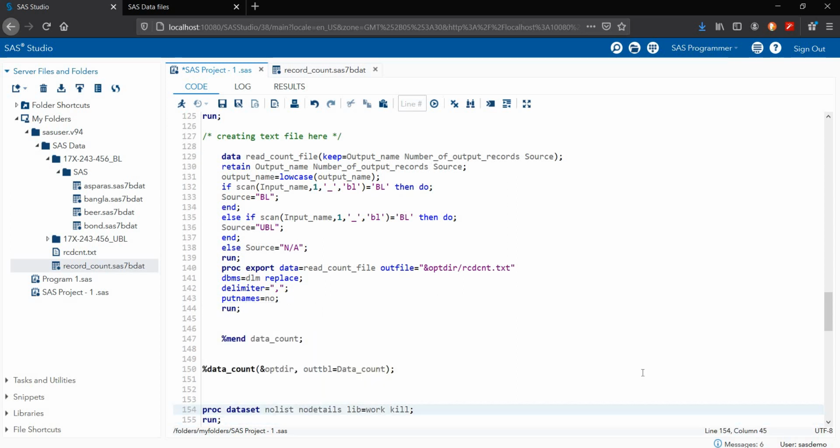So all these libraries will be cleared if I'm running this.